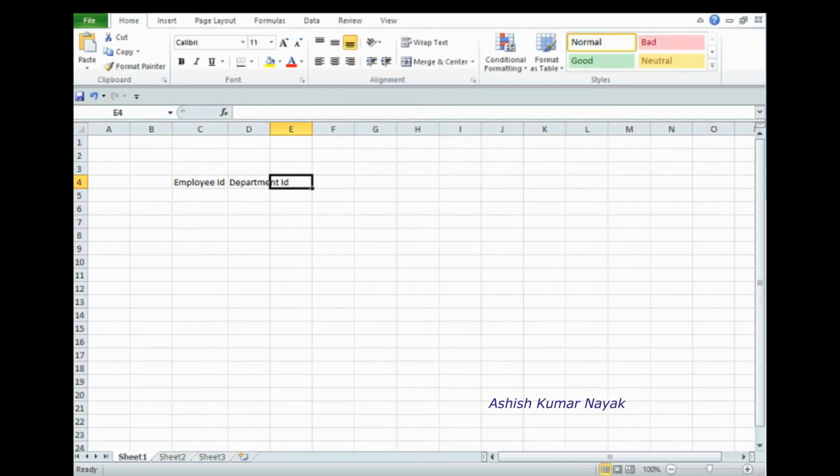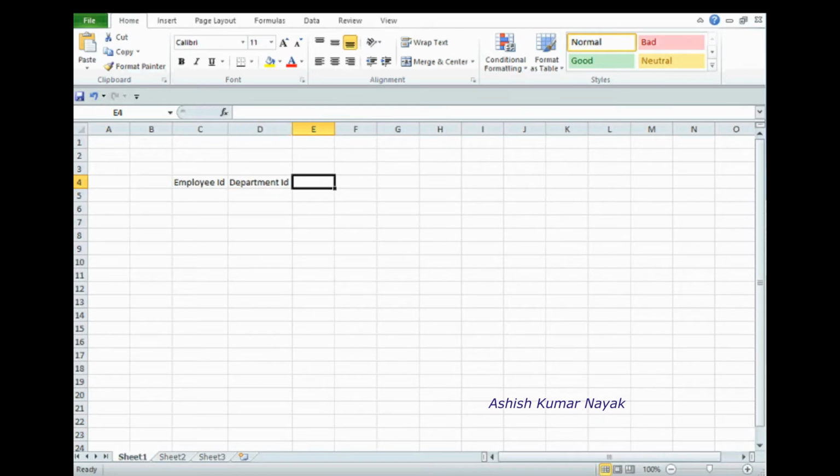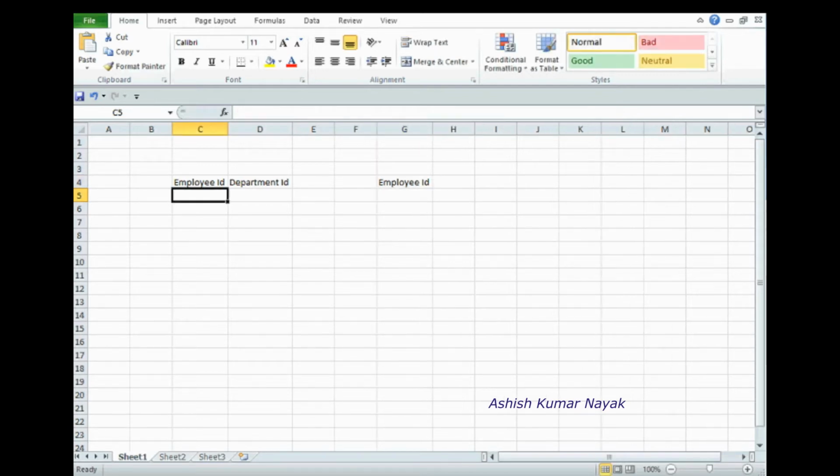In another table there is employee ID, like 1 2 3 4 5 6 7 8 9, and department ID.